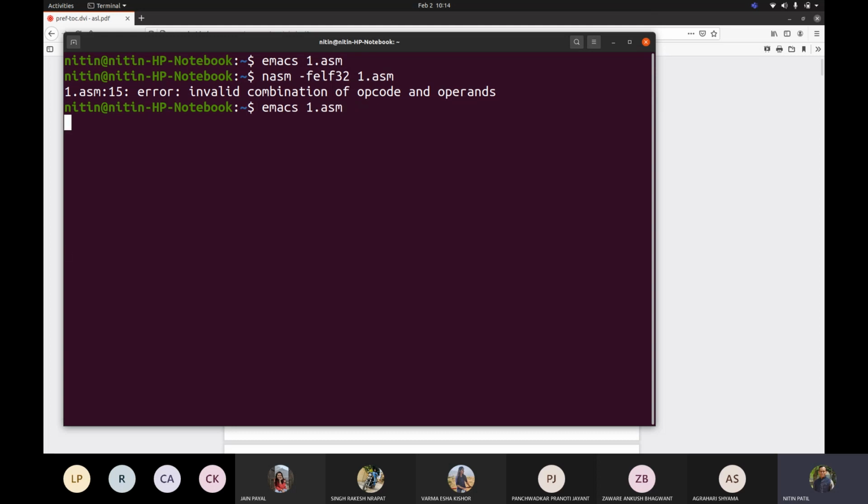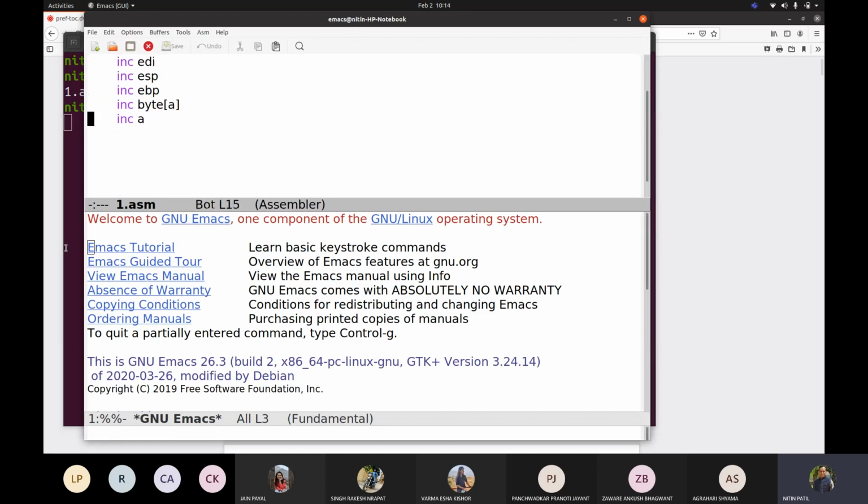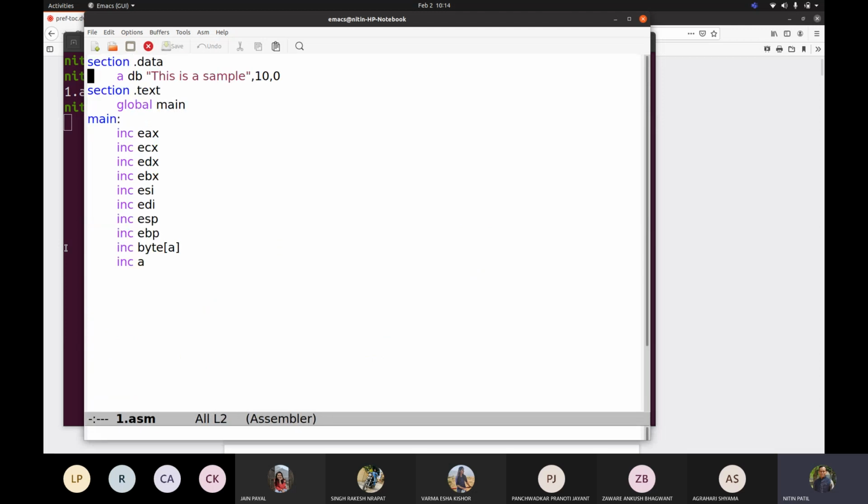Okay, so it is giving us an error with respect to line number 15, which is the last one. Correct. So let me include here section .bss, a1 resb 10. Then mov EAX, A1, and I am writing EAX.